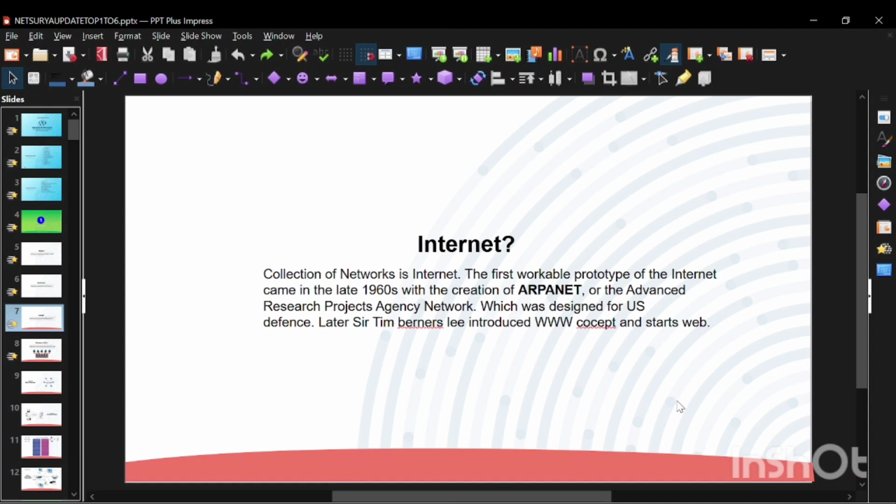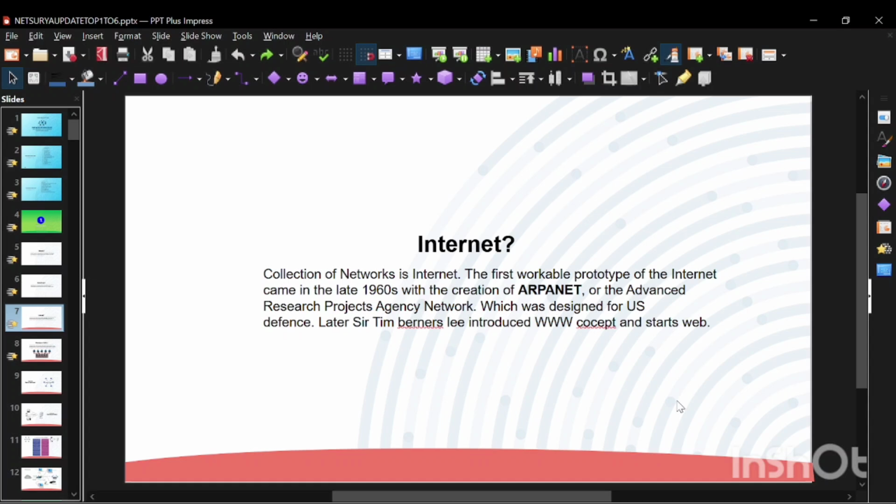Billions of devices talking to each other every second. But second, the language of the first workable prototype of the internet. The US Department of Defense started a project called ARPANET. ARPANET stands for Advanced Research Projects Agency Network. Basically, scientists wanted computers to talk to each other, so they built the first ever computer network.